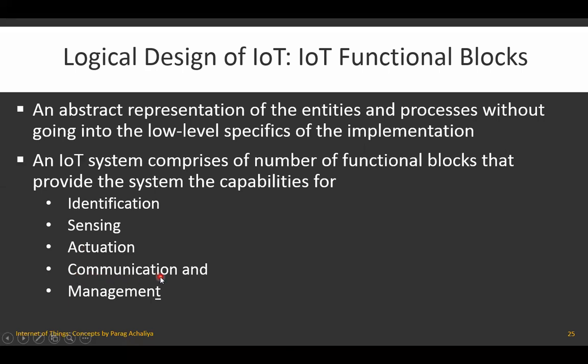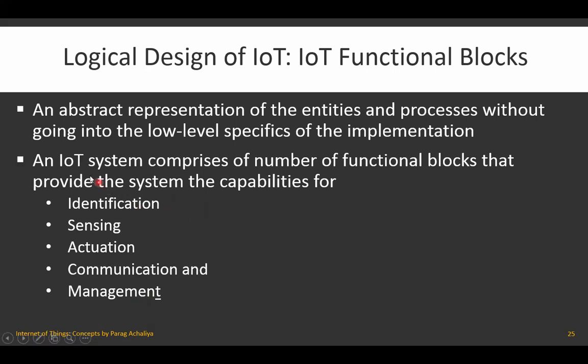Communication means what? The data will be generated by one sensor and it will be transferred to another system, to the server, or to the cloud. That is, the communication will take place between various IoT devices in your single IoT application. So the communication can also take place by your IoT system. And the last point will be the management. The application should be managed to perform various tasks, various functions, or various operations in your